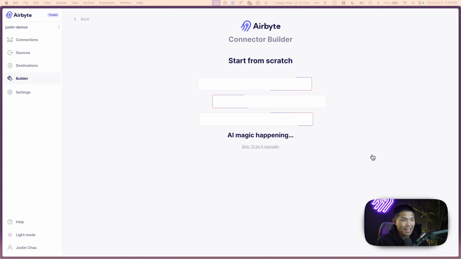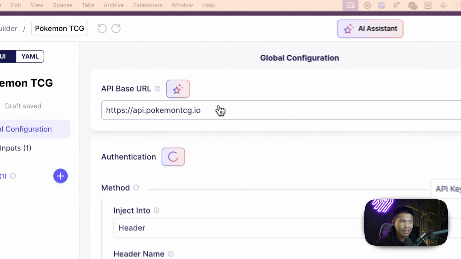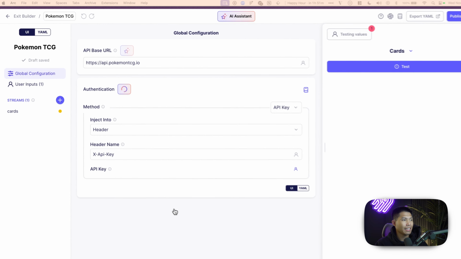Now AI is going to do its magic, and what it's doing under the hood is essentially scraping through the documentation that you provided and finding all the necessary information that you need to create a connector within the Airbyte platform and start moving data via the API. And realistically, I can show you in a second once we're loaded in here what exactly the AI Assistant pulled for me. The first thing is obviously we provided the API base URL, but secondly, it pulled in